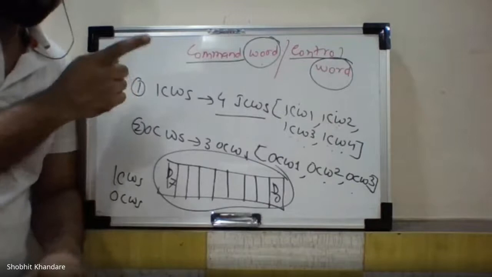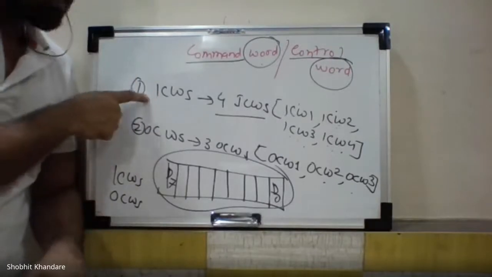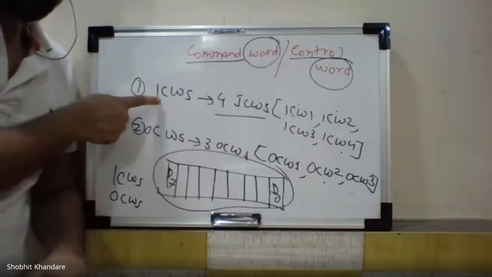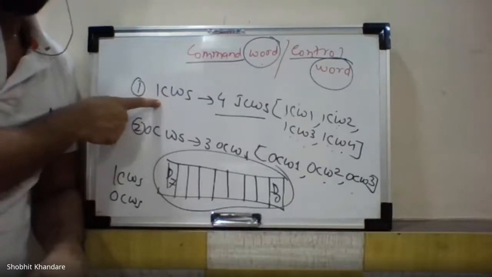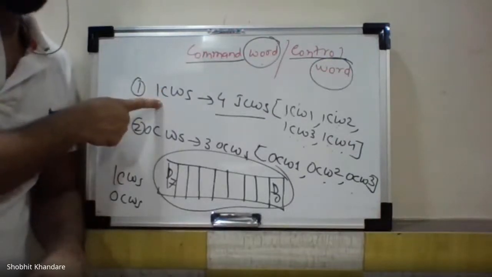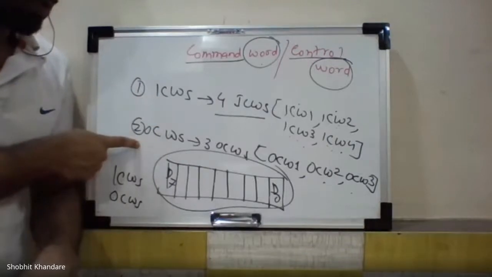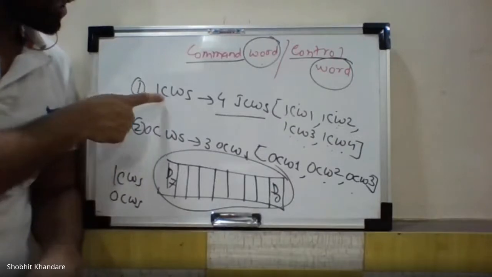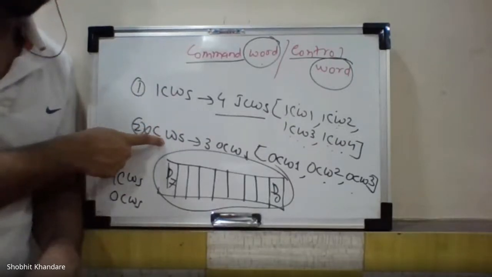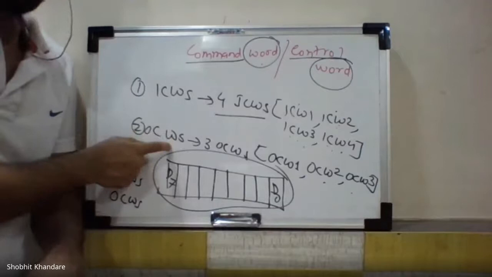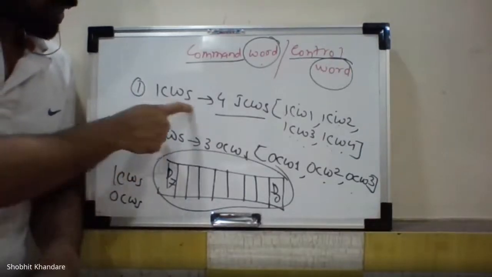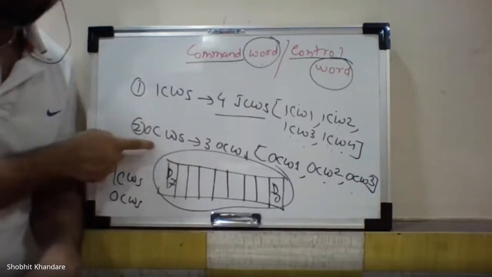Okay, because another reason is that OCW goes only after ICW, because this is used for starting the operation. Before starting, I have to send this, and after sending this, the operation starts. So can I say OCWs are nothing but what? Operational command word. So this is initialization command word and this is operational command word. So how the operations should be, everything is mentioned in OCW. Okay, so when I'll be talking about ICWs, after completing ICWs, we'll talk about OCW.